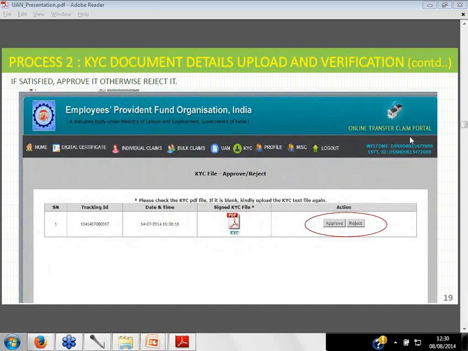a declaration provided by the employee that either he has not worked anywhere at all and doesn't have an existing PF number. That's one part. Another part is if he actually has a PF number, then they have to give the number. So even if they have already claimed in their previous employment, we need to collect Form 11,